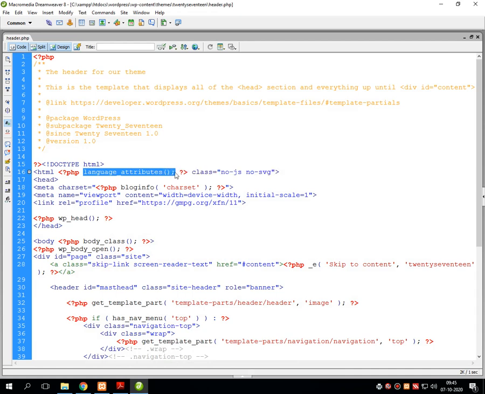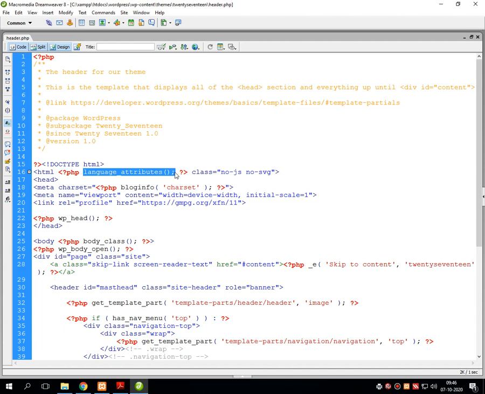What does it mean? WordPress, as you know, is a multilingual content management system. That means in a single website you can display your contents in different languages also. If you have experience browsing several websites, sometimes you face a facility on your screen that the website can be displayed in Hindi, Gujarati, English, or any language.